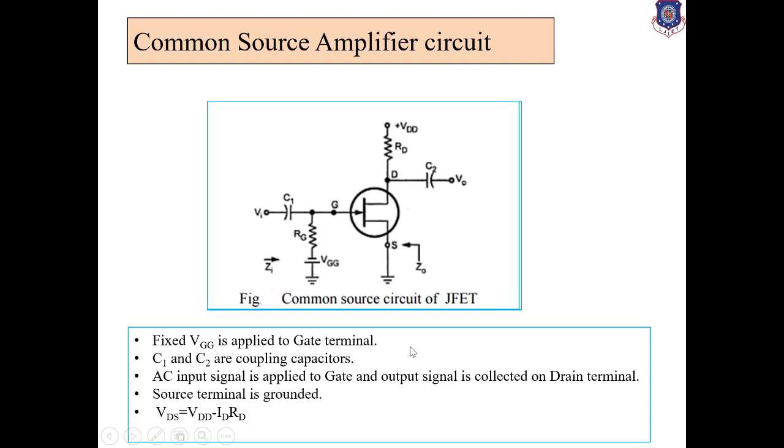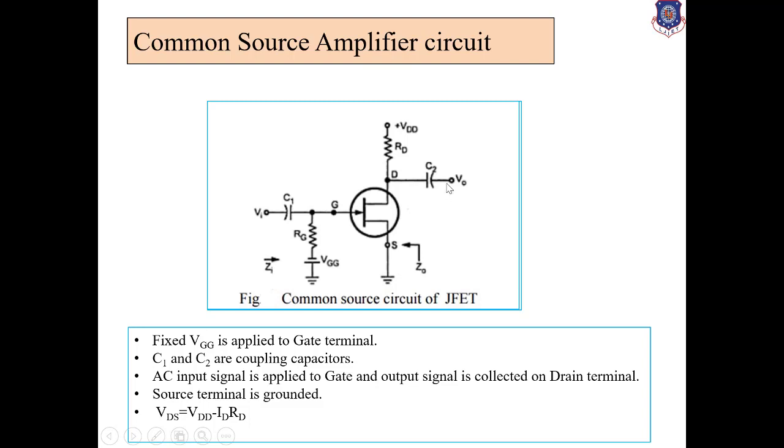Now we have learned about the Kirchhoff voltage law. According to the Kirchhoff voltage law, if there is a battery biasing in the output loop, then it is denoted by VDS between drain and source, right? So VDS equals VDD minus IDRD. If you imagine the output battery is connected, that is denoted by VDS, positive VDS.